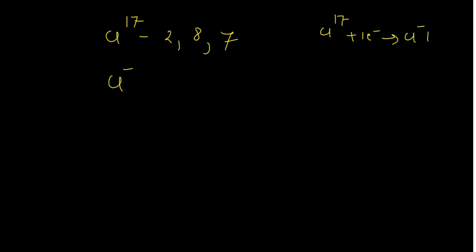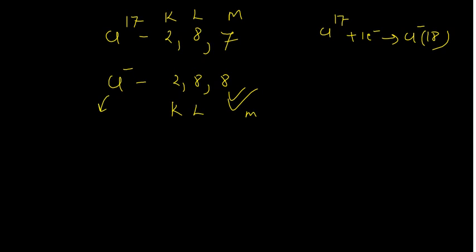It simply means if you are having, say, chlorine 17, what will you have? You will have 2, 8 and 7. And if you are having the chloride ion, how will chloride form? Chlorine 17, when it accepts 1 electron, will form chloride negative, and it will have a total of 18 electrons, isn't it? So when it has 18 electrons, the configuration would be 2, 8, 8. In that case, you see the number of electrons increases. However, the shell count is the same. This is K, this is L, this is M shell, this is also K, this is L, this is M. But now you see the protons are the same.